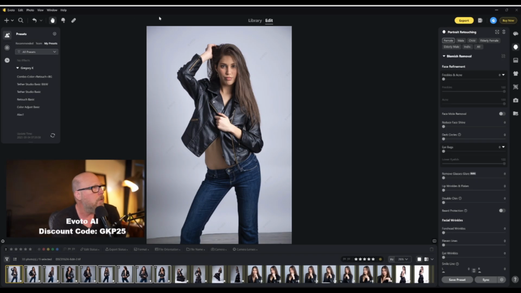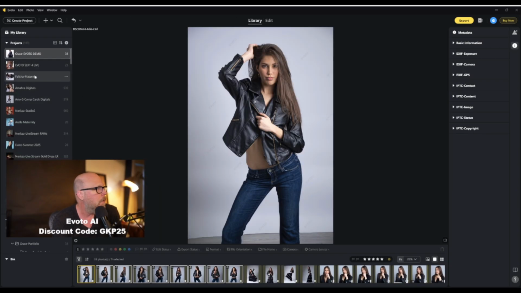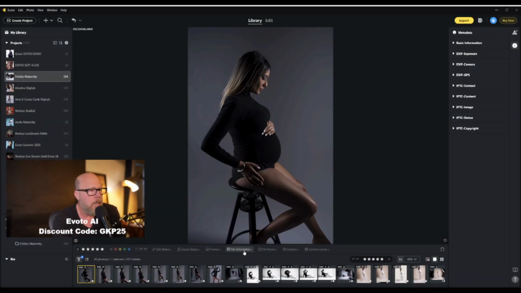And then what I can do is go back to her session. Where was her session? It was here, and here's where your culling is. Now we are in the library mode. You have all these same features, right? Just like you would see in maybe the catalog editor that you're used to using. I can star them, I can color them, I can flag them, I can filter them by whether they've been edited or not. So when I'm exporting, if I want to make sure I'm editing the right ones, or I'm just working on unedited ones, I can filter by whether they've been exported already